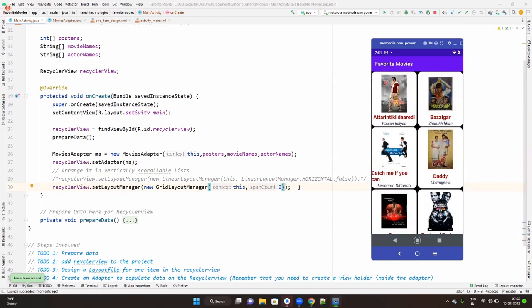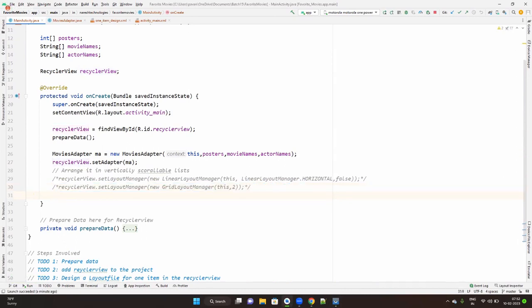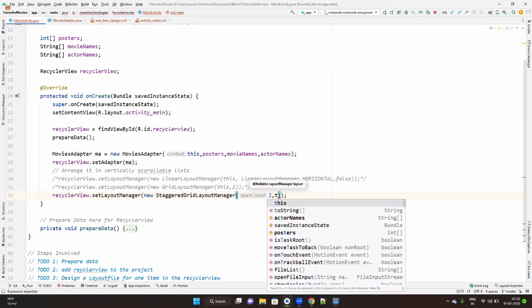So what if I want a staggered grid layout manager, or a grid layout manager of horizontal orientation? Will that be possible? Yes, it is possible, and take it as homework or an assignment. So we will see how StaggeredGridLayoutManager can be used. Set layout manager, new StaggeredGridLayoutManager. You need not pass the context object also. You specify the span count and set the